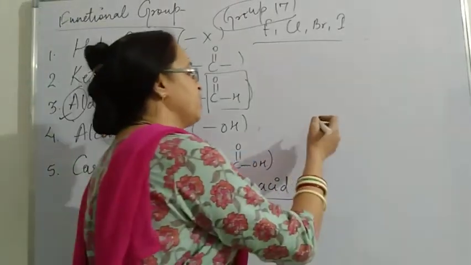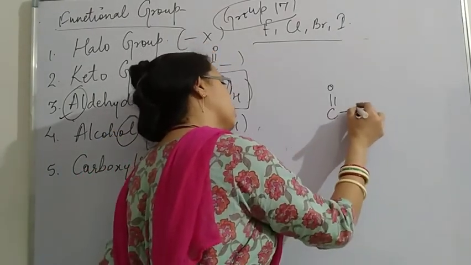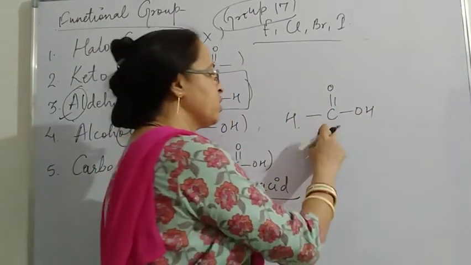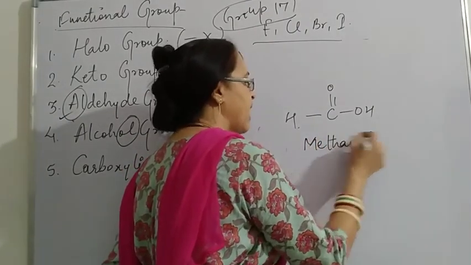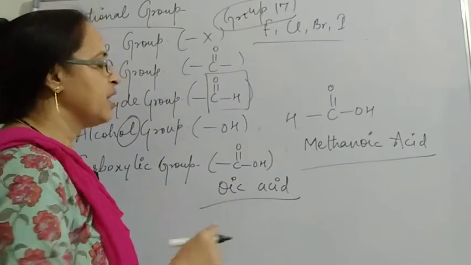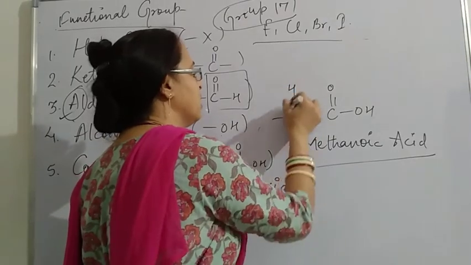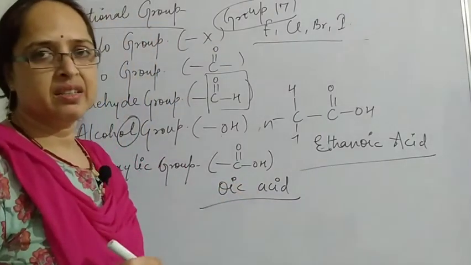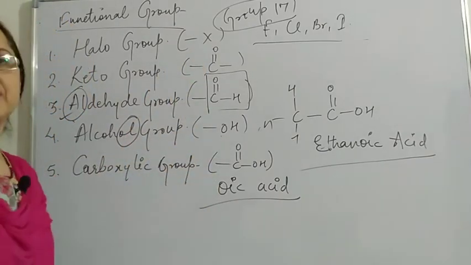For example, when we say that this is the acidic group, and I'll place hydrogen over here. Okay, one carbon compound is there, so we call it methanoic acid. And if it is a two carbon compound, in place of this I'll put one carbon and I fulfill the valency with hydrogen, then it comes to be known as ethanoic acid, propanoic acid. Okay, so in this way the naming is done, and these are the different functional groups.